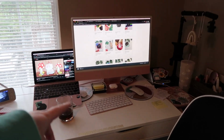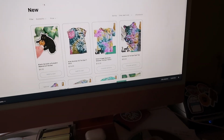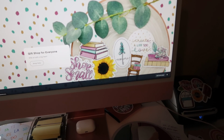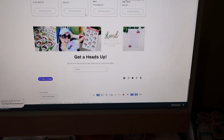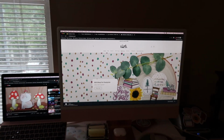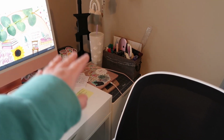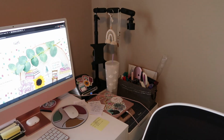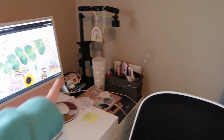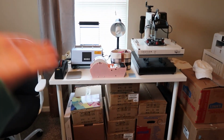My desk area, I just launched my brand new website today. I'm super excited about it. So I just kind of did a website refresh and I really like how simple it is and it kind of just looks so cute. So I'm excited about that. I've got my shipping scale down there, my iPad, my little phone holder and iPad holder thing, some tools, my label printer of course, and then if we back up and pan out over this way,